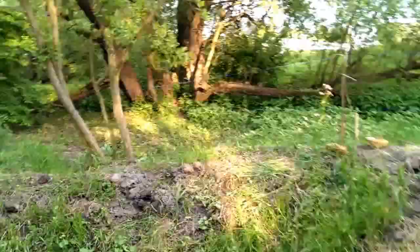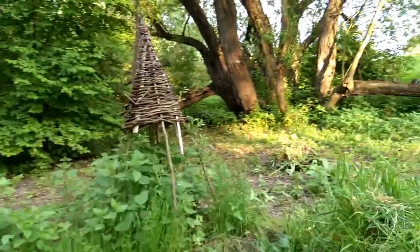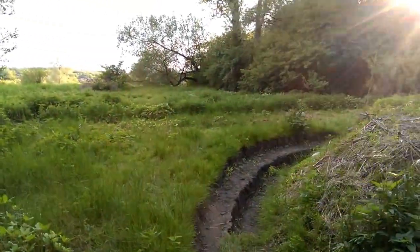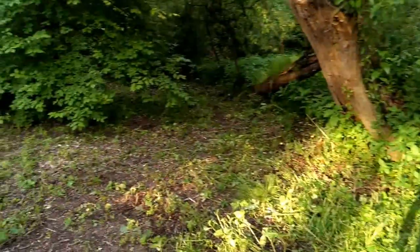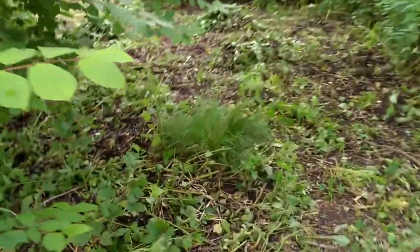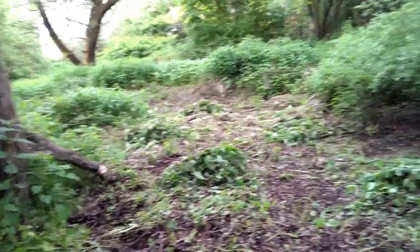So one other thing of interest is that I've been using the scythe. I've been cutting back everything. What I did last time was around out that way. You can see the edge. I need to probably scythe next week again because it's getting so tall, but you can see the edge where I've cut. Today I cut back through here. This was all tall and I've left this tuft of grass here, but I've raked up 6 or 7 piles of nettle and other stuff